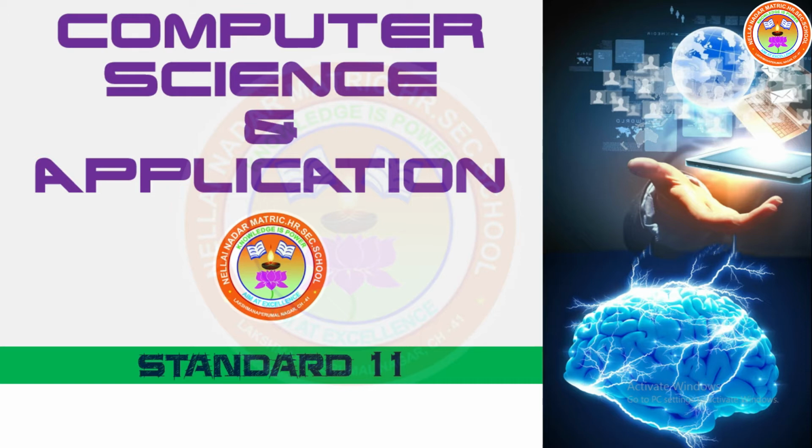Today we are going to see chapter number 2, number systems. This chapter is also present in unit number 1. In this chapter, we are going to discuss the different types of number systems available in computers, and how the computer interprets and stores data in memory. We are going to learn the various types of data representation and binary arithmetic, and the different types of number conversions from one type to another.